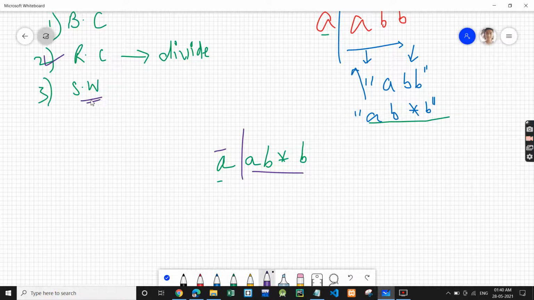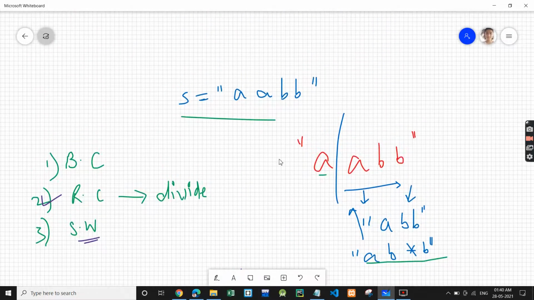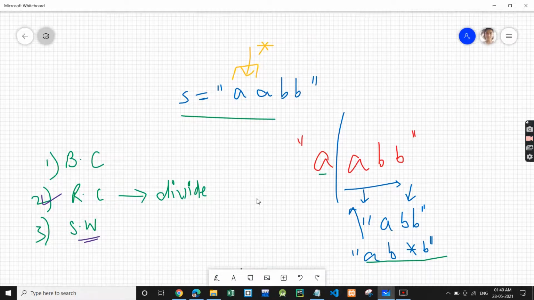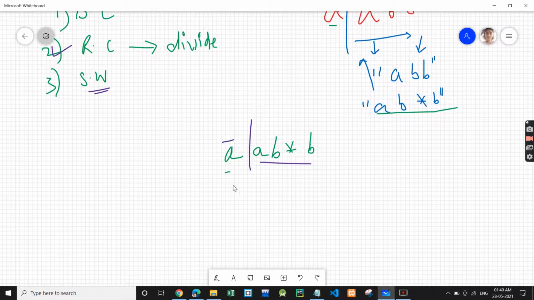Whenever we want to think of the small work, think what we need to do in the problem. In the problem, if we have two identical characters, we need to insert a star between them. So just pause the video and think how you can do the small work on the zeroth index. This is the zeroth index.